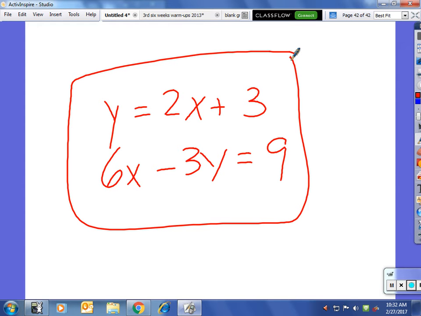All right, have we noticed something about these? Yeah, they're not the same thing, are they? They're parallel. What does that mean? So what would you tell